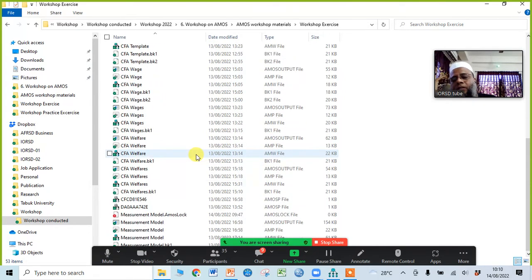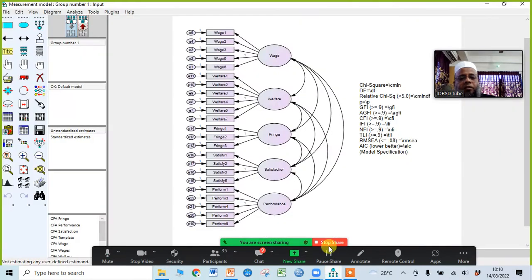Just click on the measurement model. Open this measurement model, here at the end of your workshop exercise folder, and your measurement model will open. We left our work over here last day, right?